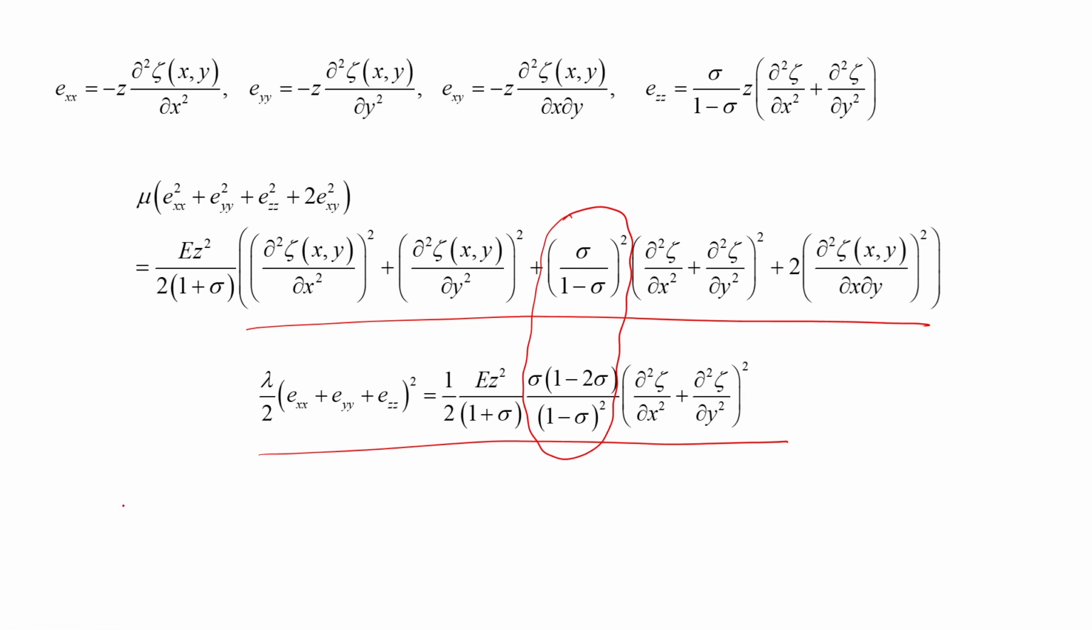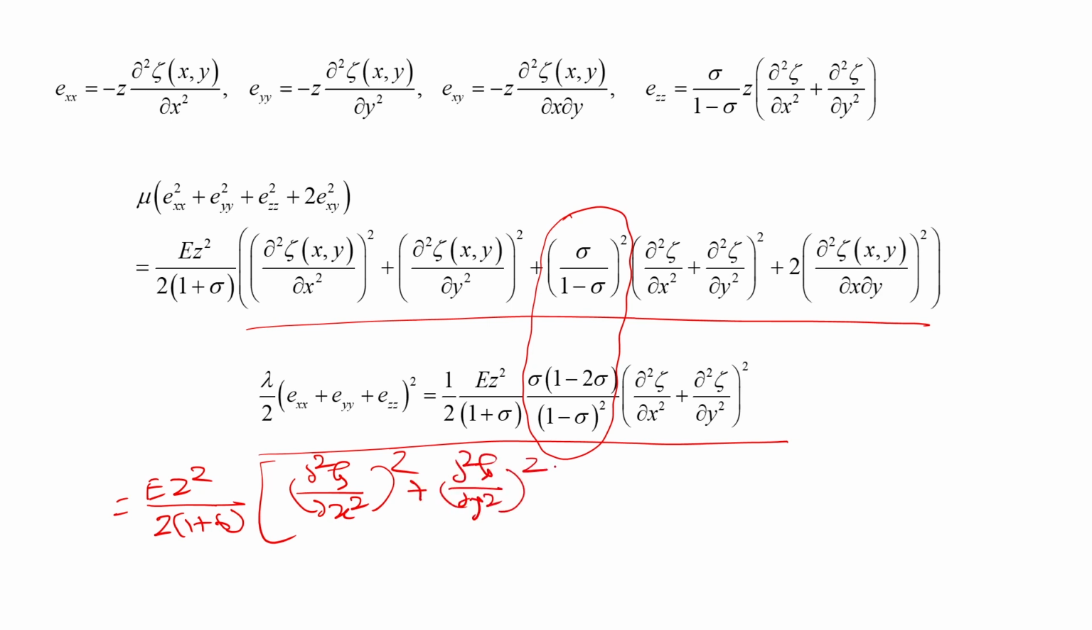So we do that. So this will be equal to E z square by 2 into 1 plus sigma. So this comes because in place of mu, we are writing this E z square plus 1 plus sigma here. So E z square plus 1 plus 2 sigma. So here you have got this part also common, so we can take it inside. So here it will come out to be therefore del square zeta by del x square plus del square zeta by del y square whole square, and then plus,